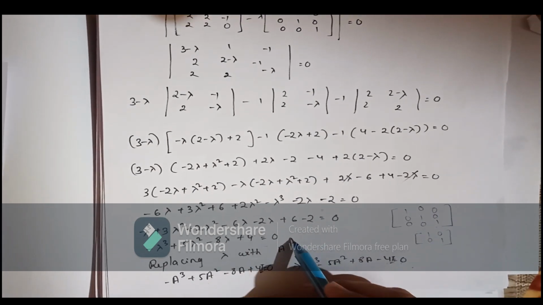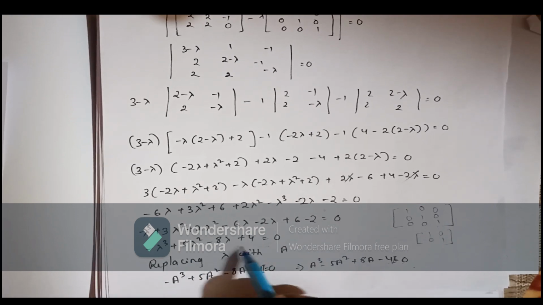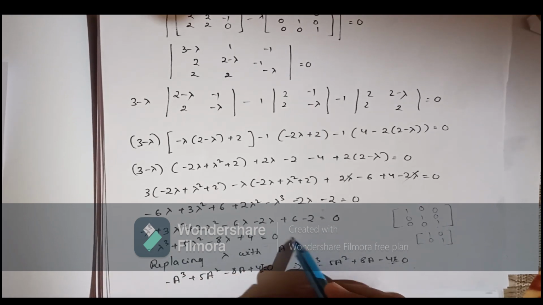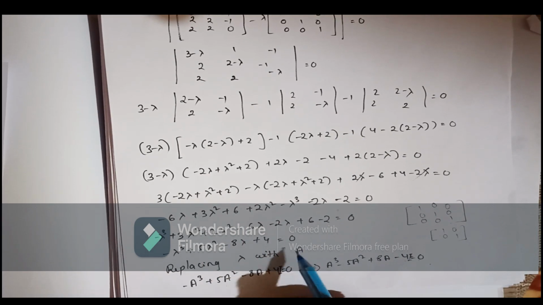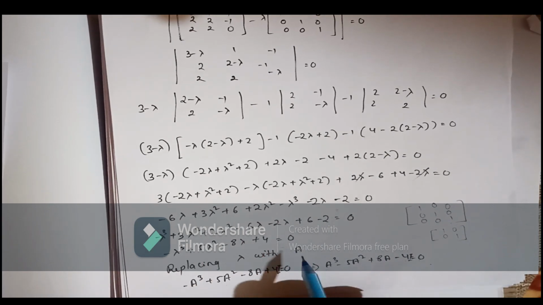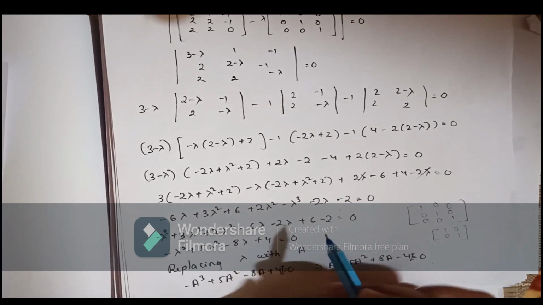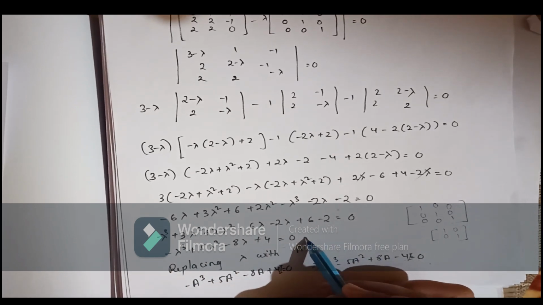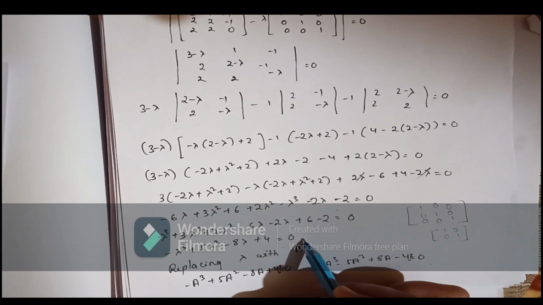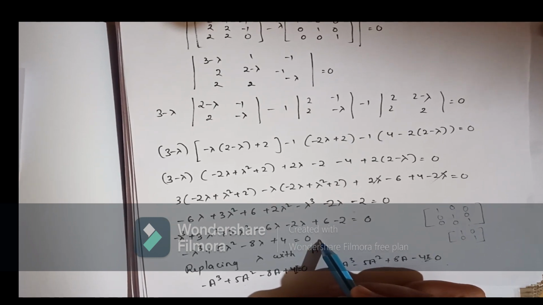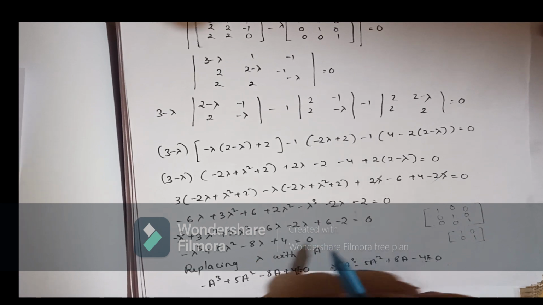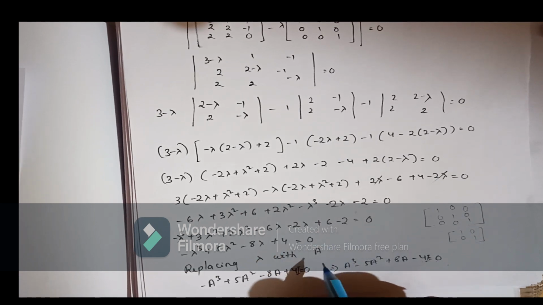Now what does this characteristic equation say? That this value will give us 0. Now the Cayley-Hamilton theorem is saying the square matrix is satisfying this. That means we will replace lambda with A, and after solving this, 0 must come. Okay, this is the Cayley-Hamilton theorem. So whenever it is telling us to verify, we will take LHS and RHS and check whether they come out equal or not.